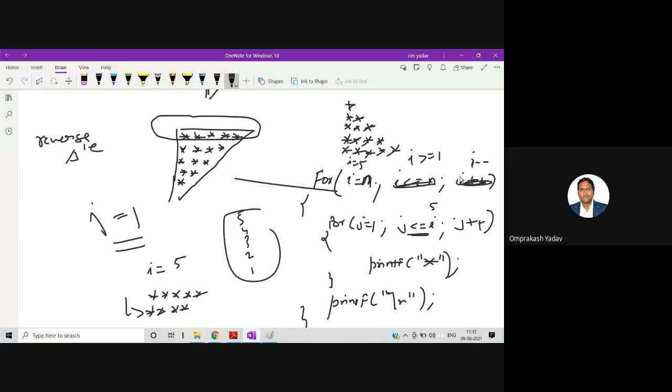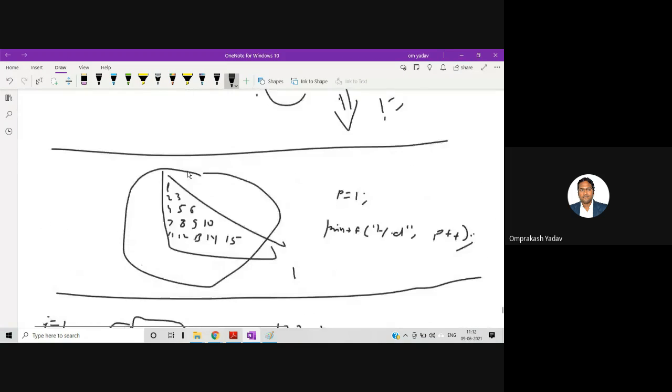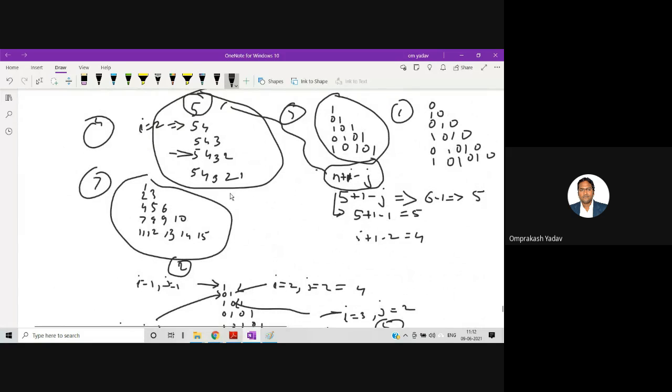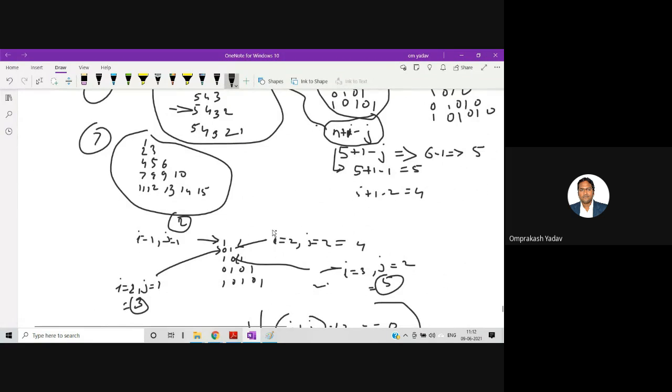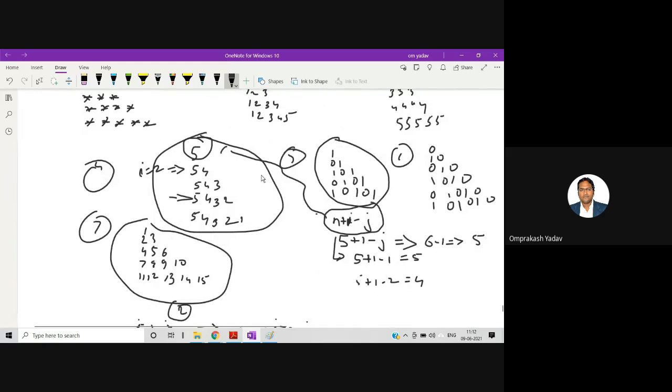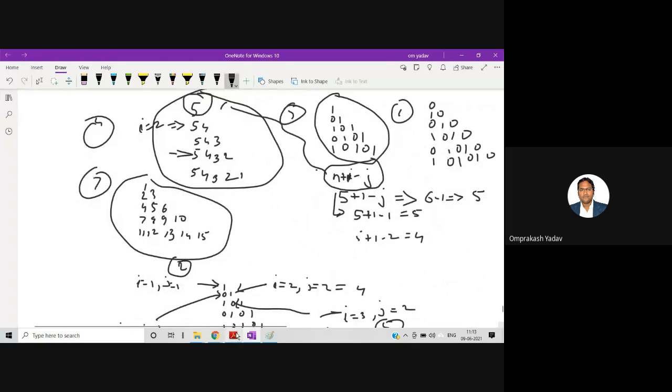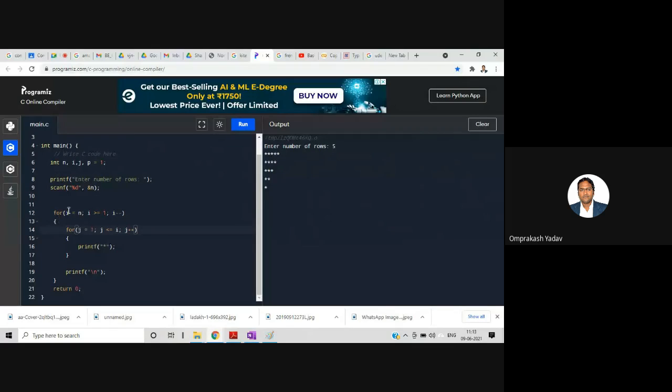Then I will be decremented by 1, I will become 3. So the inner loop j will move 3 times and it will print 3 stars. Okay, so like this, just one change I did, and I'm getting the output. So for all the patterns we did till now, leaving the last 2 patterns which I gave you to solve, for the rest of the patterns you can just make this one change: I equal to n, I greater than equal to 1, I minus minus, and you will be getting all the patterns, right?